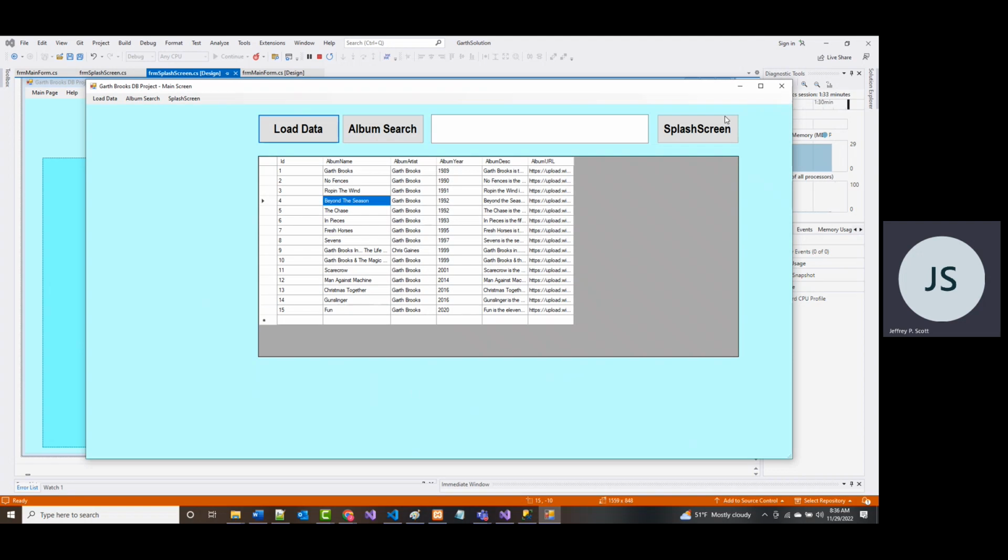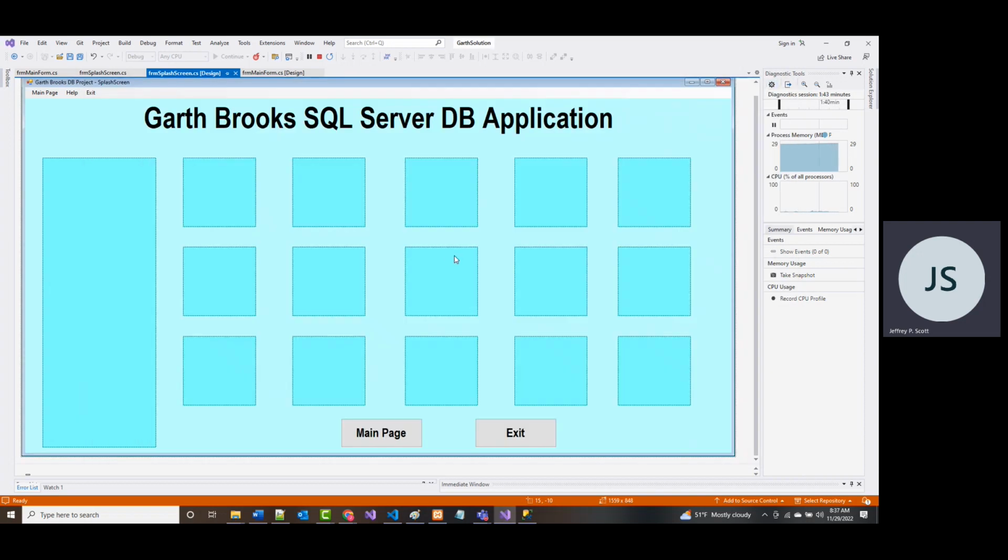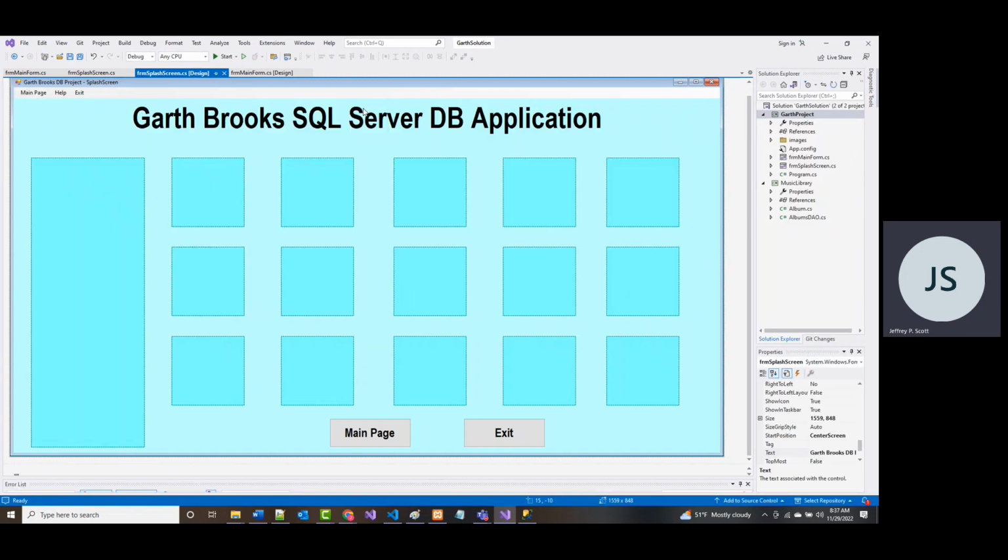All right. So the key takeaway from this, though, is right now, this data is being loaded from the database. That data is no longer being hard coded into the system the way that we had done that previously.